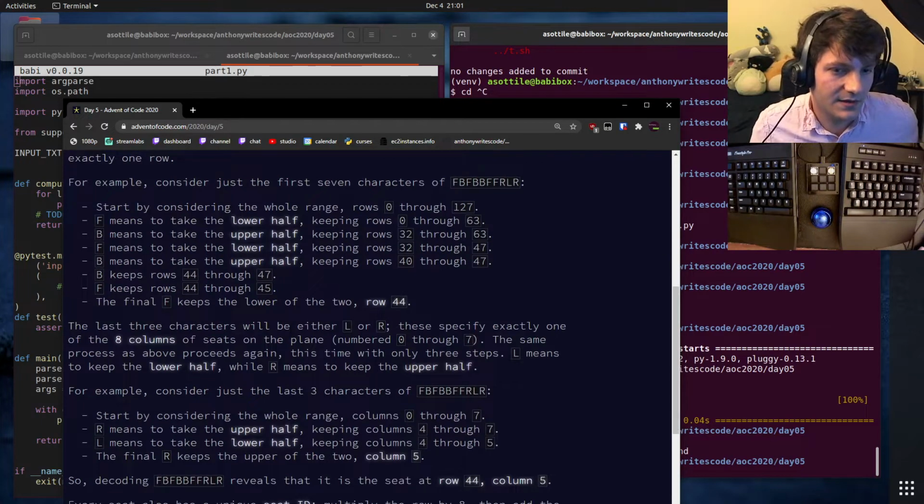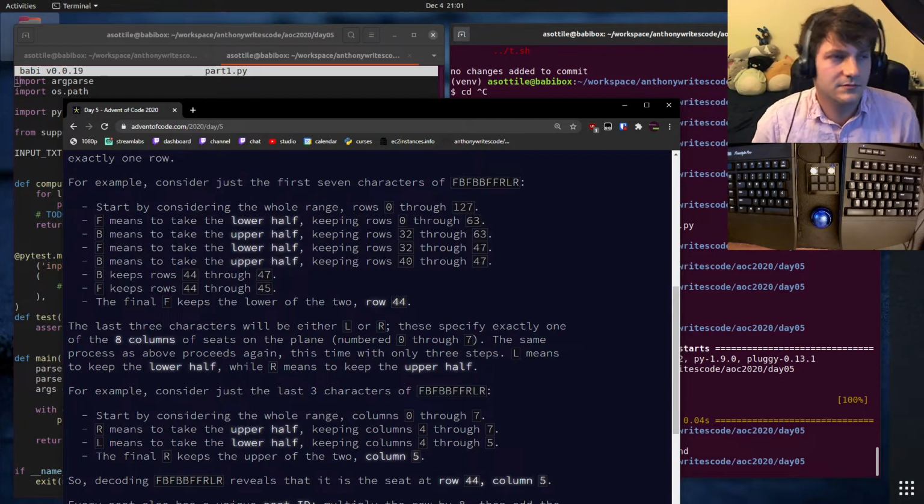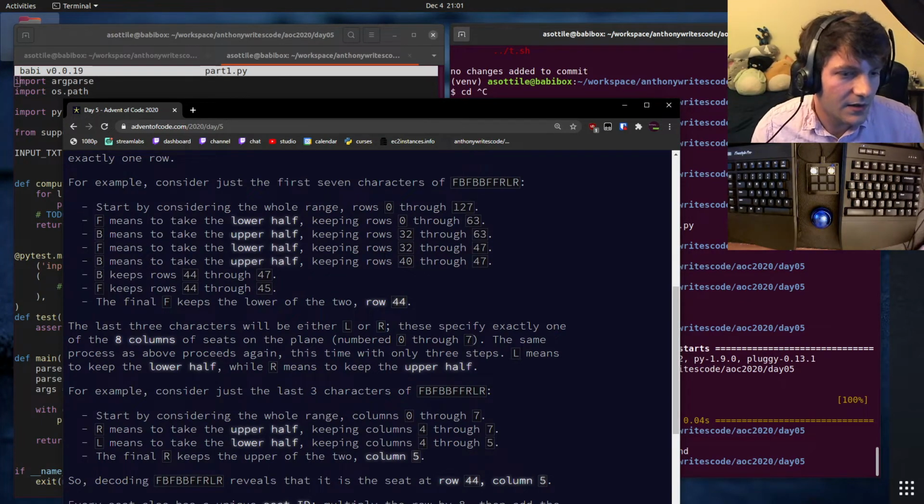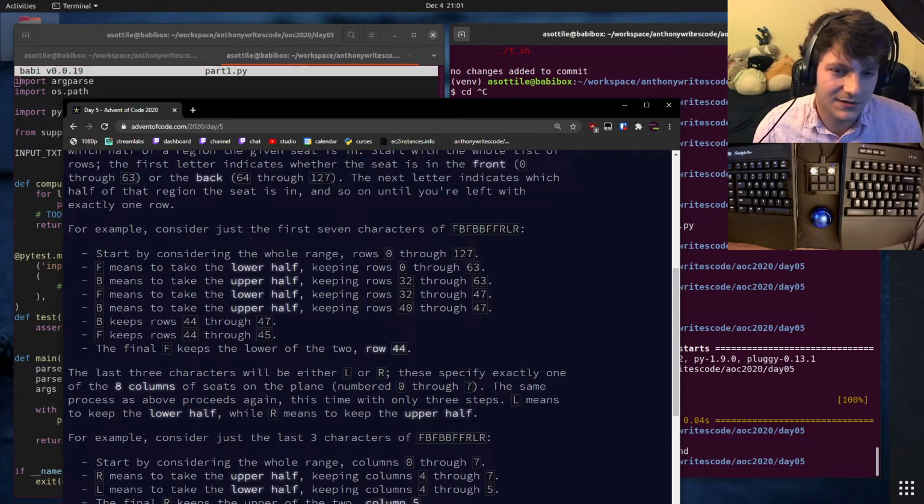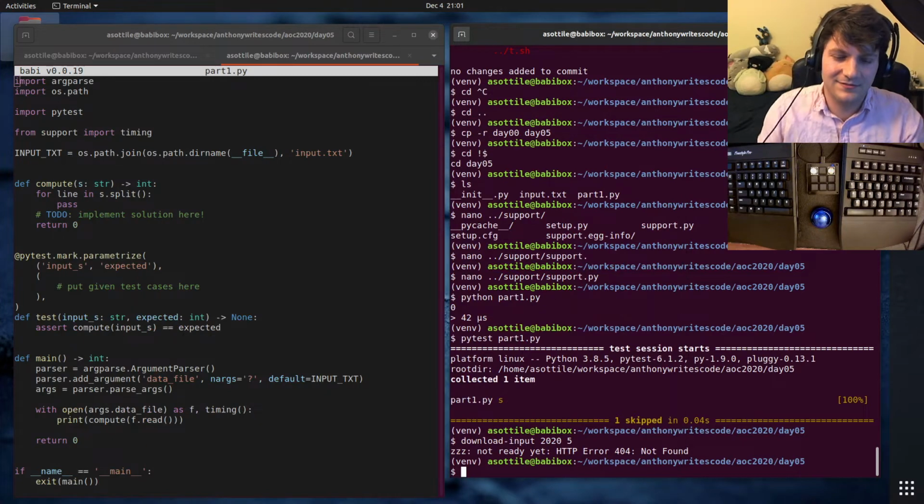So that's cool. I think I know how to do this. We're just gonna add 60 some n. The last 3 numbers will either be L or R, specifying one of the 8 columns, numbered 0 through 7. Oh, actually, it's just a binary number. That's even easier. So this in binary,